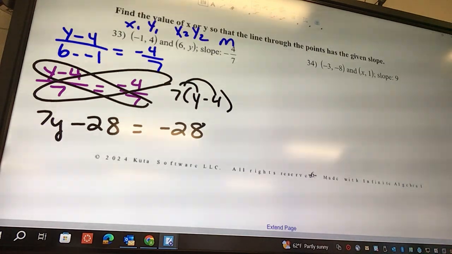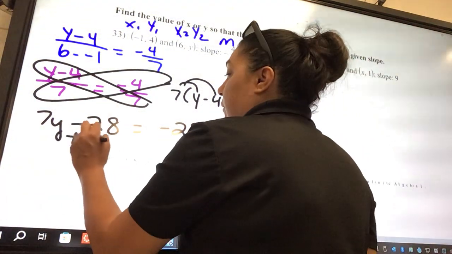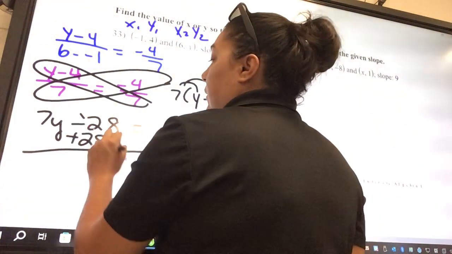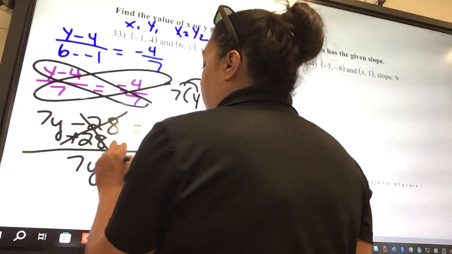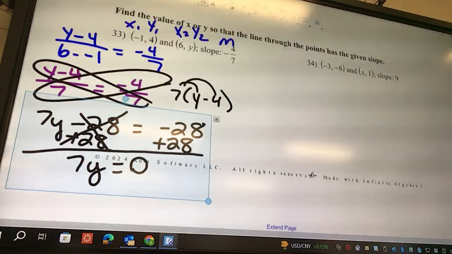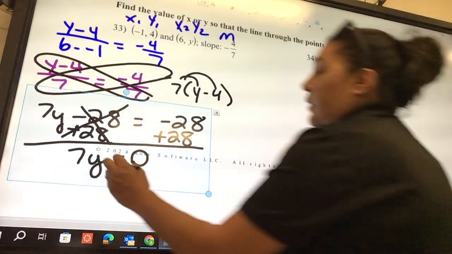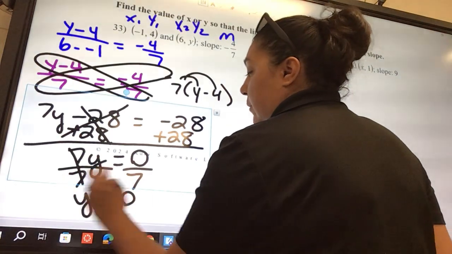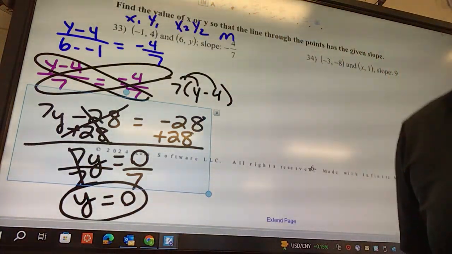Okay, we're going to add 28 to both sides. So I'm going to get 7y equals 0. Okay, and then what? Divide. We're going to divide by 7. So I'm going to get y equals 0. Okay, there